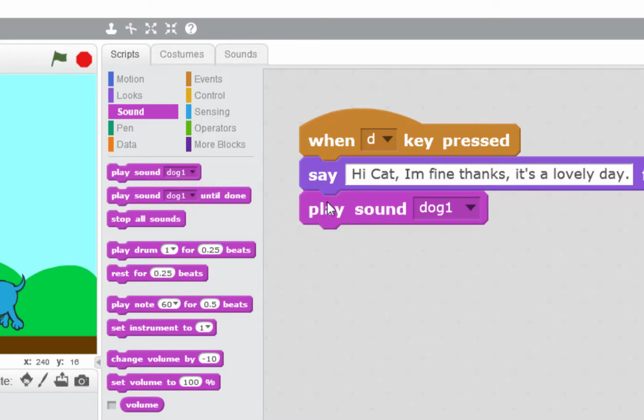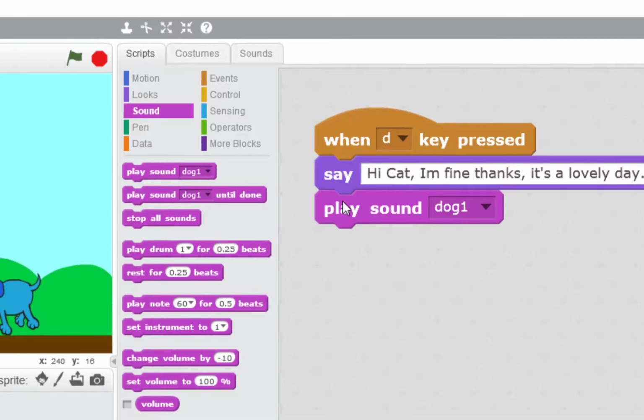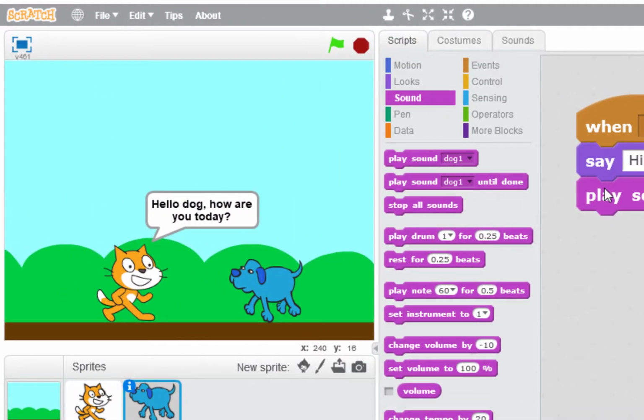So let's see what happens now. We'll do our space key first. Hello dog, how are you today? And meow. And then we'll click on the letter D. Hi cat, I'm fine, thanks. It's a lovely day. And he makes his woof sound. Okay. So that was very good for your very first